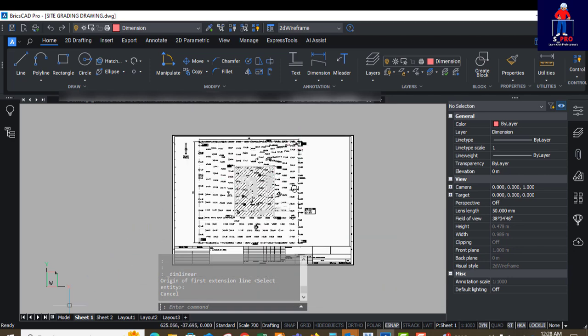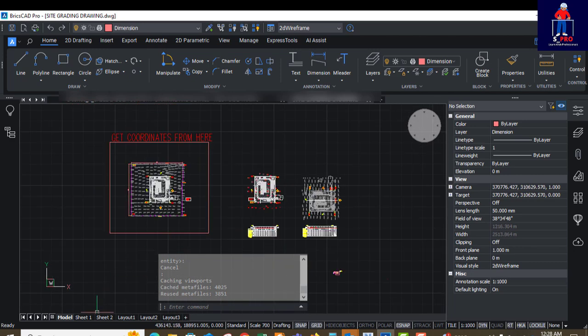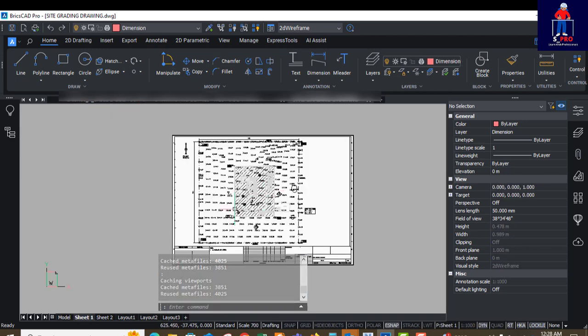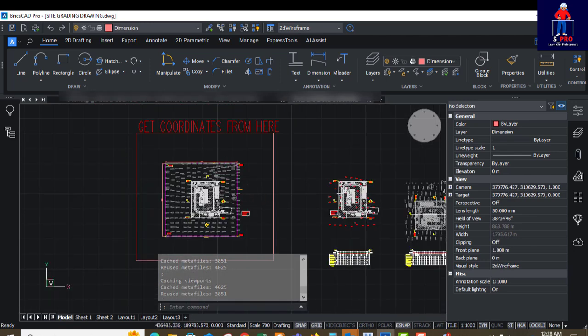So okay, let me just dive into the business of the day. I like to work in model space. This is what is called model space. But my drawing is always kept in the paper space. So let me just go to model space to explain. The first sheet is actually this, showing the whole